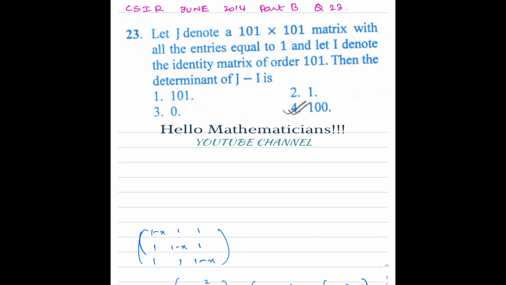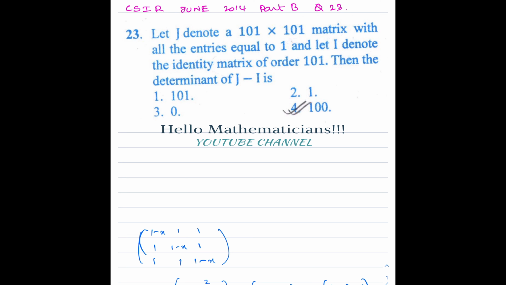Basically J minus I is a 101 cross 101 matrix, so we cannot explicitly calculate its determinant. We have to come up with some simple idea. I took this question paper from the internet, so some options are marked here, but always remember that I didn't mark them. This might be a right option or a wrong option, so always go through the solution, and finally I will say what is the right option. This question is about the all one matrix.